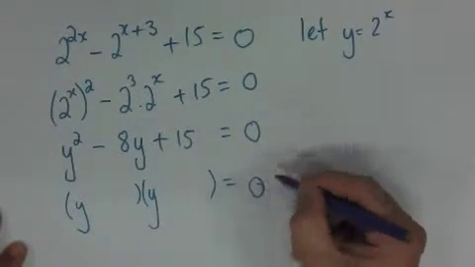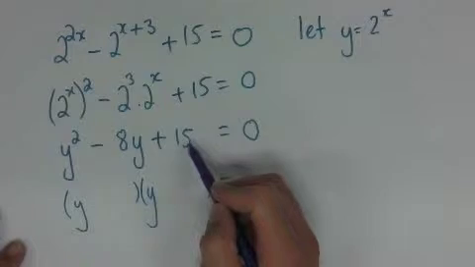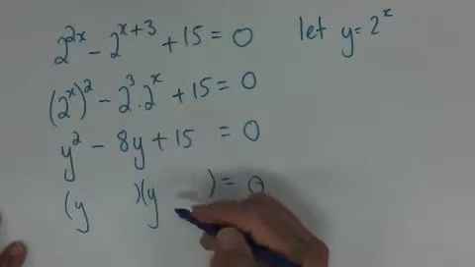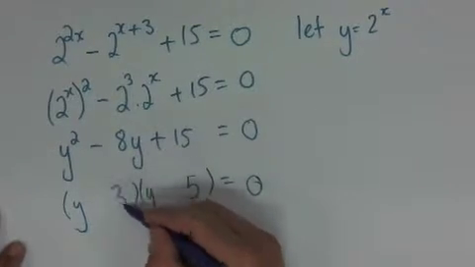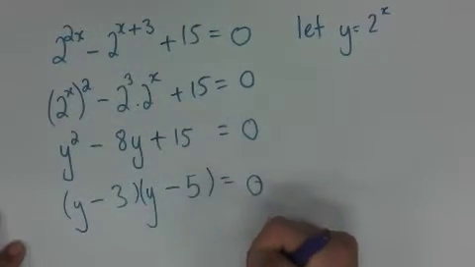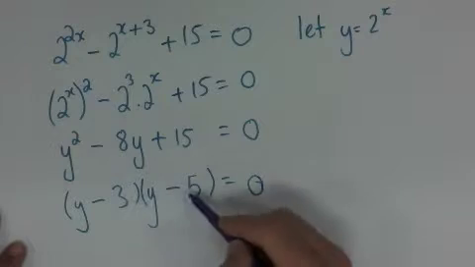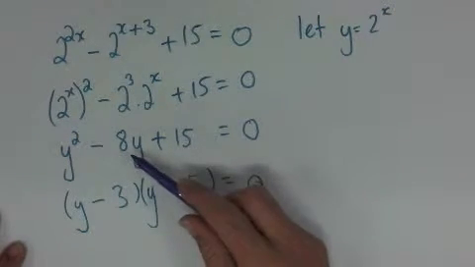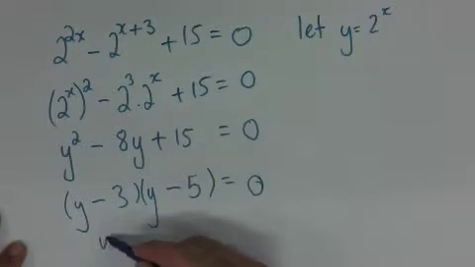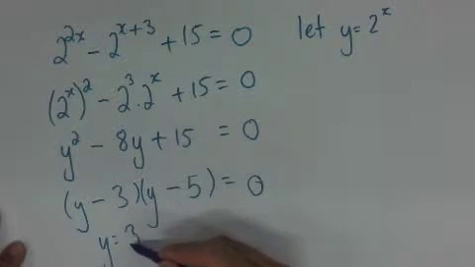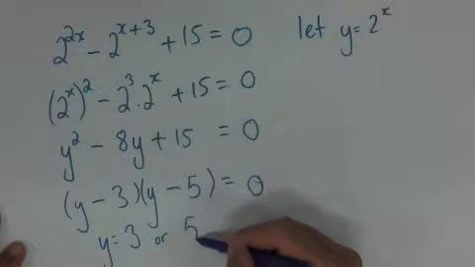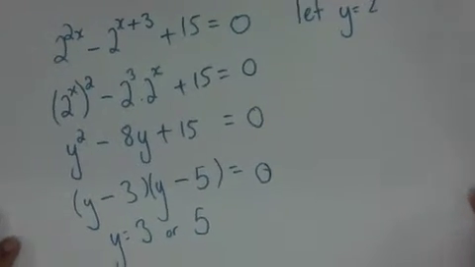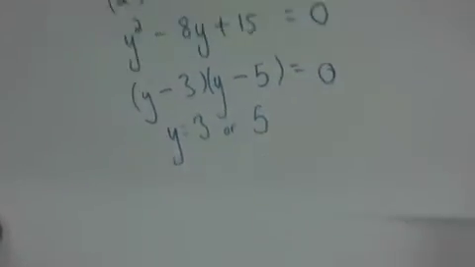So I want two numbers here that multiply together to give me 15 and add together to give me negative 8. So if I think to myself, if that's 5 and 3 and both of them being negative, that would work. Minus 3 times minus 5 is positive 15, and minus 3 plus minus 5 is minus 8. So that would give me my answers that y is equal to 3 or 5. Using this now that I know that y is equal to 3 or 5,